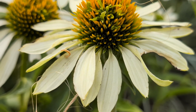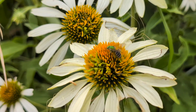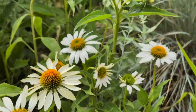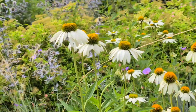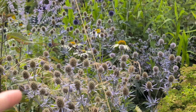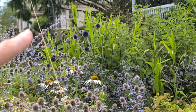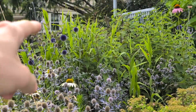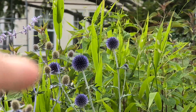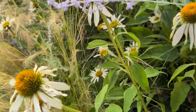Little worm. Yeah, this is a white variety of coneflower. What is coneflower again? Echinops? No, the echinops. Okay, well, there's a couple other things. We've got the sea hollies. That might be echinops. Orange. I can't remember any of the scientific names, and it's all to your detriment. But we have globe thistle, which I just really love. And then we have the sea hollies and the coneflower